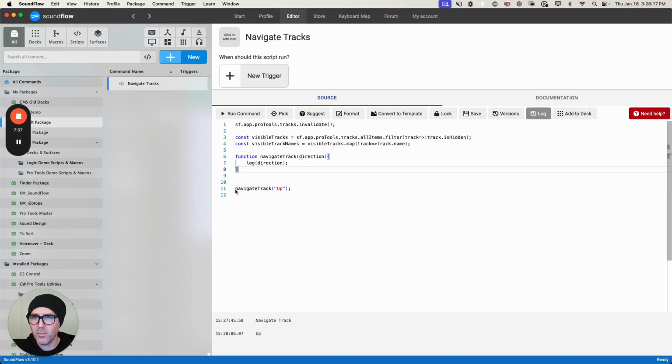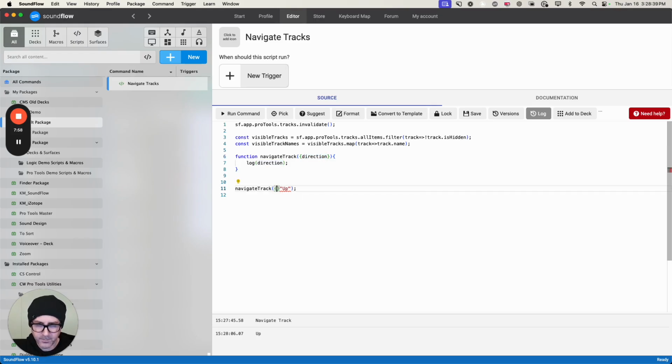So the thing is, when I say navigate track up, it might be confusing later on to work out what the up is for, but we know it's direction from the function, but I want to have it stated within the function call. So what I'm going to do is make this an object,